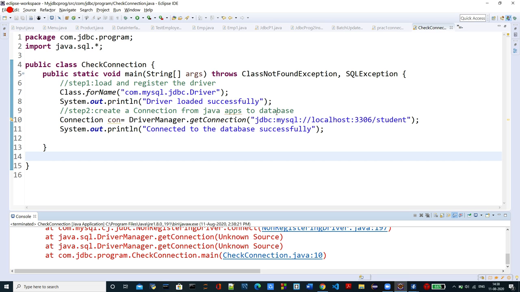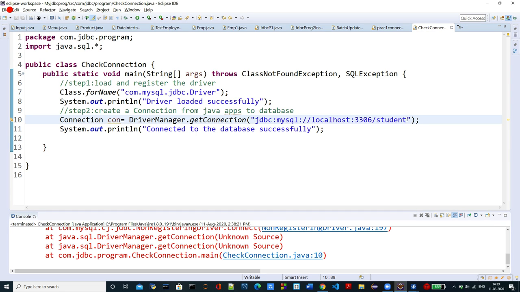Okay, I need to give the URL, like this one was our URL, and then I need to give the respective username and password. So I need to give here my username and then password of my SQL.